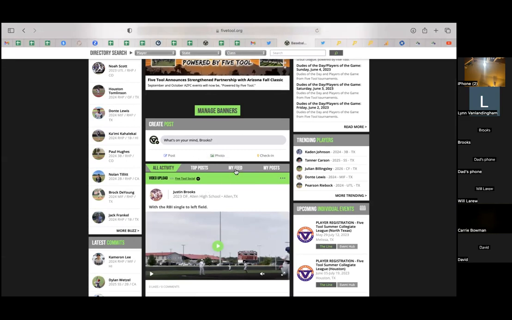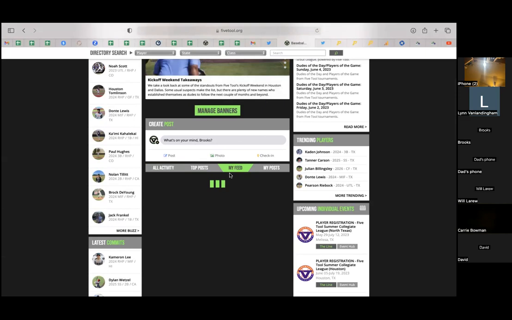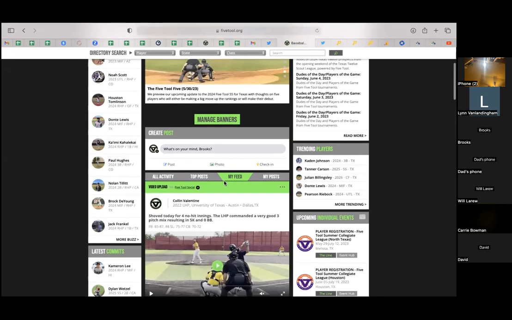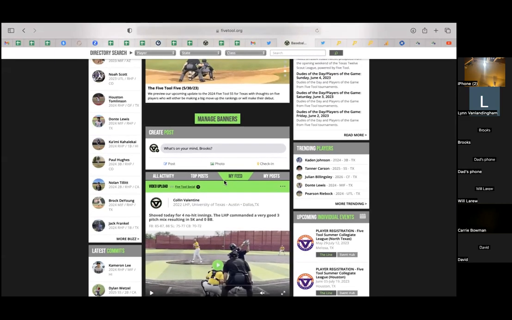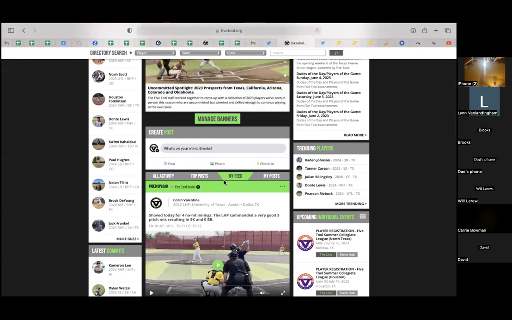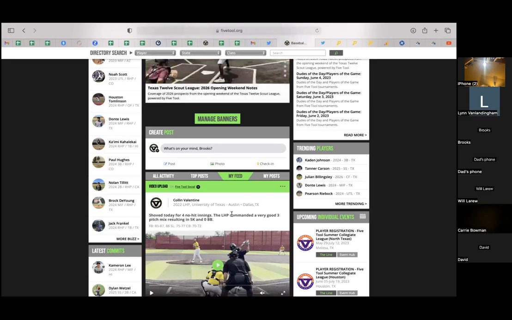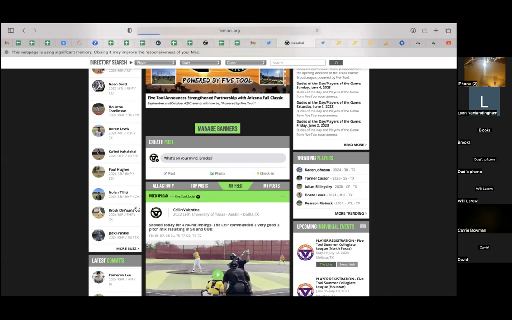What the line allows you to do is basically create a customized feed to follow only players that you're interested in seeing highlights from. You do that by following individual players, high schools, select teams, colleges, and during our events, you can follow an event. You would only get highlights from those individual players, from the high schools that you follow, players that are on the select teams that you follow, players that are committed to the colleges you follow. And if you follow an event, you would get every highlight from that event. So anyways, I'm going to start with the player profiles though, and I'll show you an example of each of those things, and then we'll come back to the line towards the end.